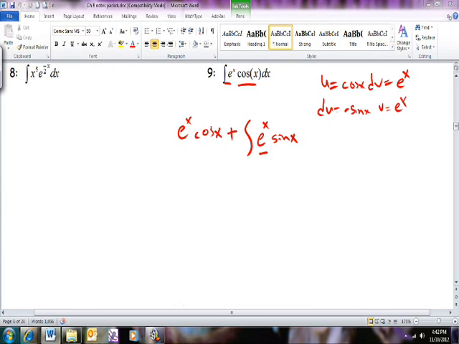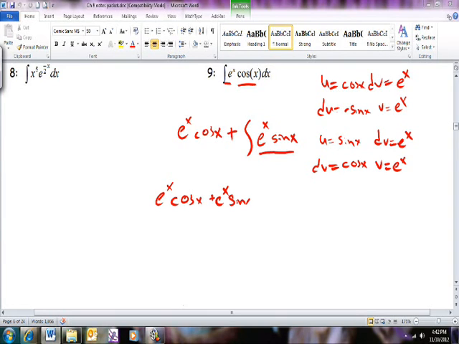Alright, so if I saw this problem alone by itself, I would probably go, okay, well, u equals sine of x, and then dv equals e to the x. Okay, so then du is cosine of x, and v is e to the x. Okay, fantastic. So let's see what we got. We still have this e to the x cosine of x up front, but now I have a uv, so an e to the x sine of x minus the integral of v du, e to the x cosine of x